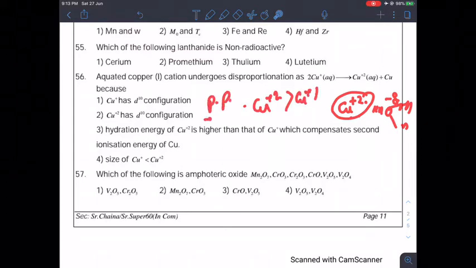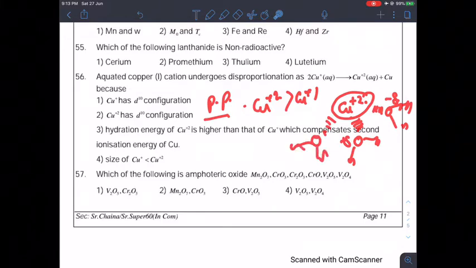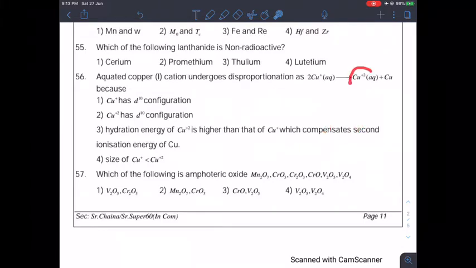I am talking about polarizing power. The more the polarizing power, the better it will hydrate, and if it hydrates better, there is more hydration energy. So the advantage that copper plus 2 has in aqueous solution is higher hydration energy. Now what is the demerit? That it has to take the ionization energy, because unless you remove an electron from here, it can't go. So the positive point, now we have to compare the hydration energy and the ionization energy of copper plus 1, or you can say IE2 of copper 0. Obviously this happens, which indicates that hydration energy is the dominating factor.